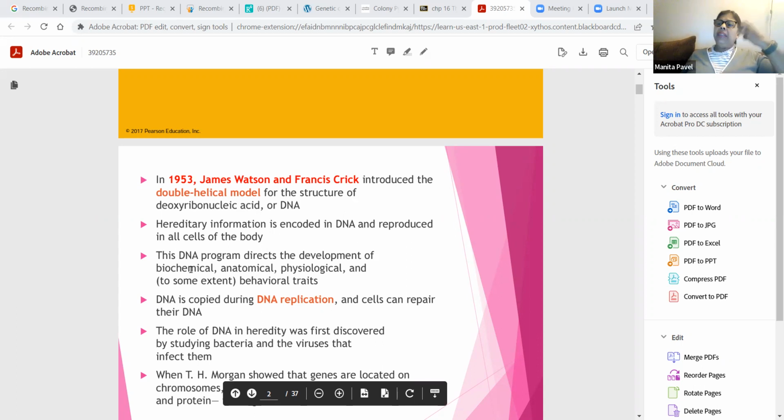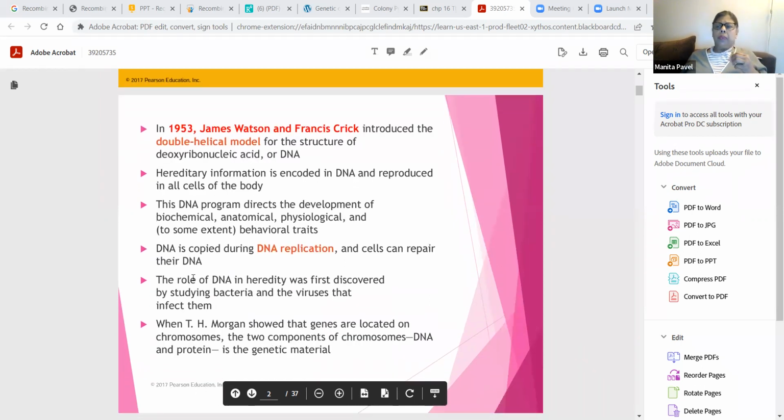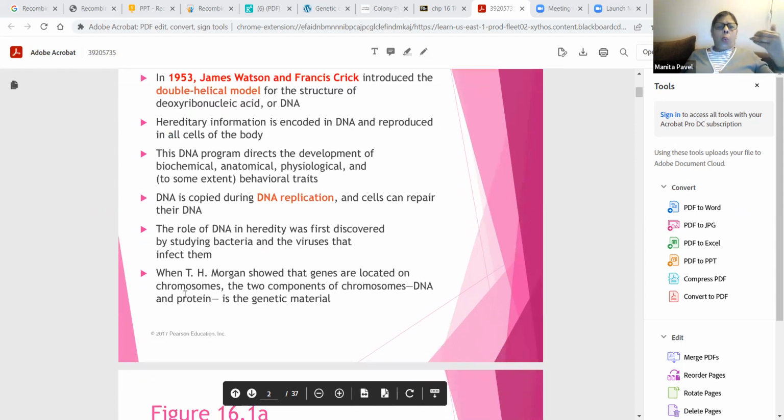And this DNA is directing the development of the anatomical, the physiological, and the biochemical, as well as behavioral traits of an individual. I've explained the DNA replication process, where DNA replication is the process of making identical copies of itself. And if any damage occurs during the DNA replication process, the cells can repair their DNA. We know that